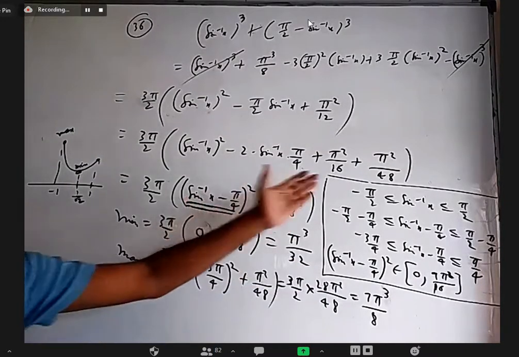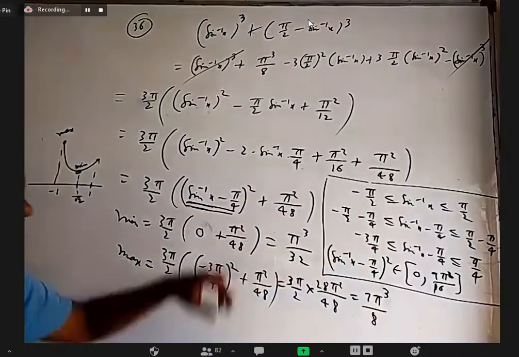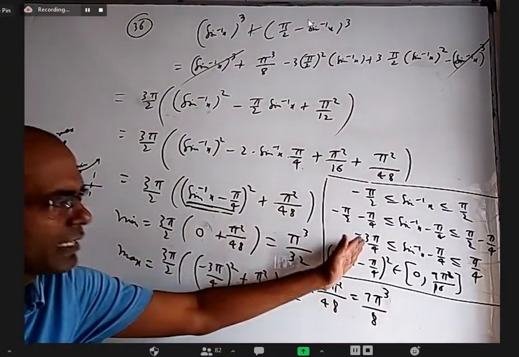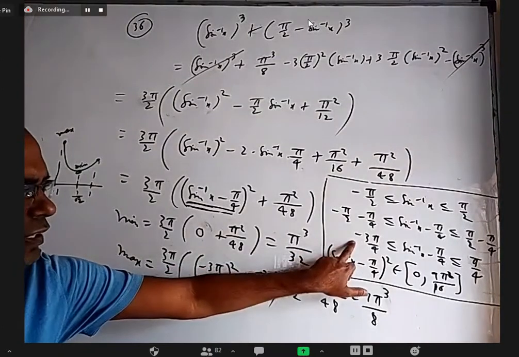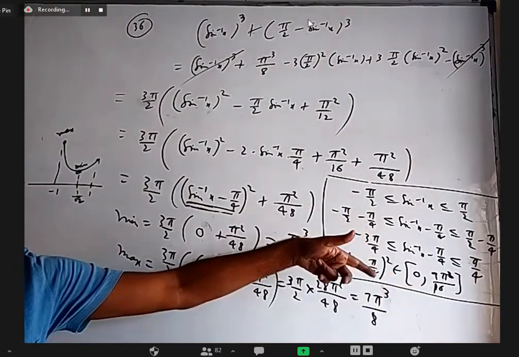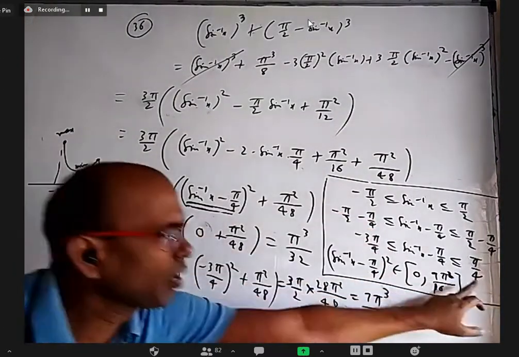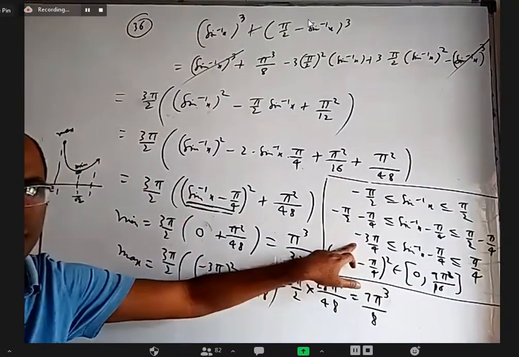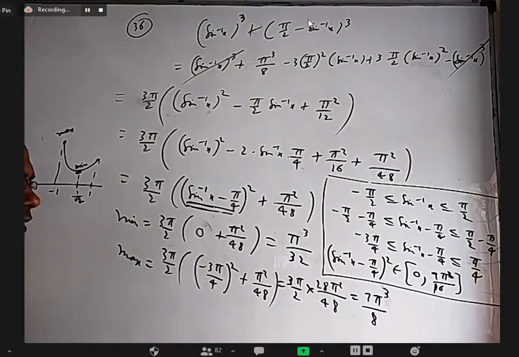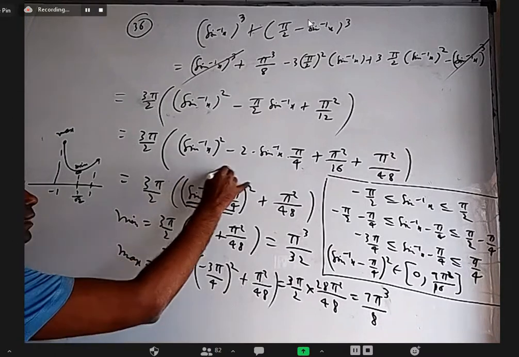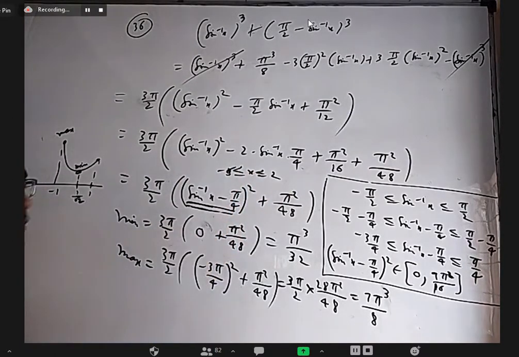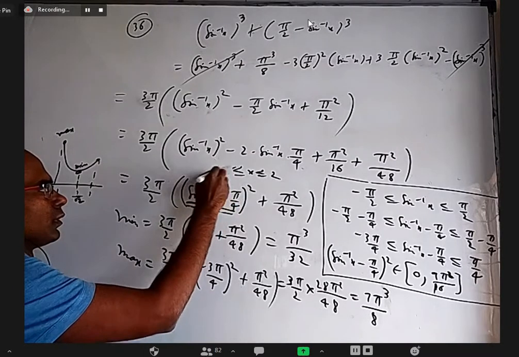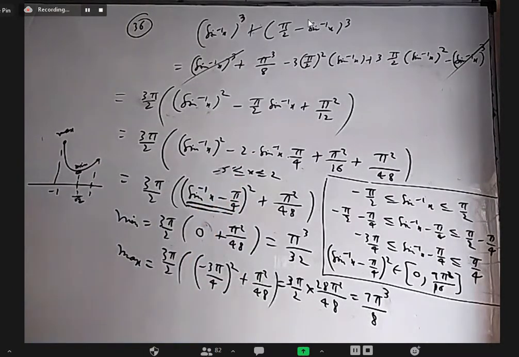Sin inverse x is between minus 90 degrees to 90 degrees. When you subtract 45, it will be from minus 135 degrees to 45 degrees. To take anything between minus 135 to 45 and square it, the maximum will happen not at the square of this, it will happen at the square of this. That's why I asked Varshit this example, that you take minus 5 less than or equal to x less than or equal to 2. You take anything between minus 5 to 2, if you take the square of that, what is the minimum and what is the maximum?